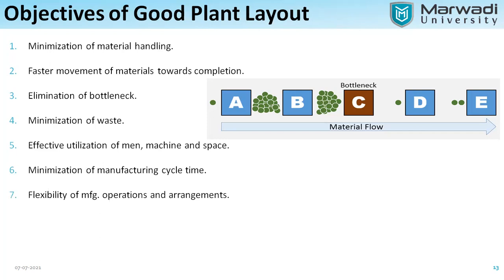Flexibility of manufacturing operations and arrangements, like how flexible your operations and arrangements are with respect to the plant layout. कितना ज़्यादा flexible आपका system हो manufacturing operations को arrangements का, तब जाके you can have the proper way of work to be done in order to provide good quality products to the customer. Okay, so that is also one of the basic objectives of a good plant layout, like how we can carry out the work and provide employee convenience, safety, and comfort.